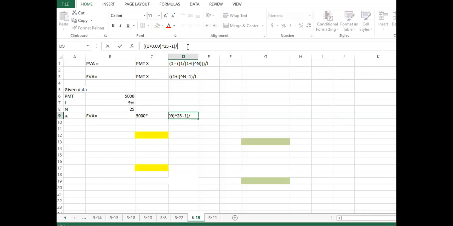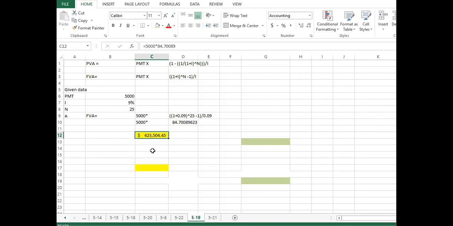Again, interest is 9%. So we have factor 84.7. In the last step, we simply multiply: 5,000 multiplied by 84.70089. Okay,